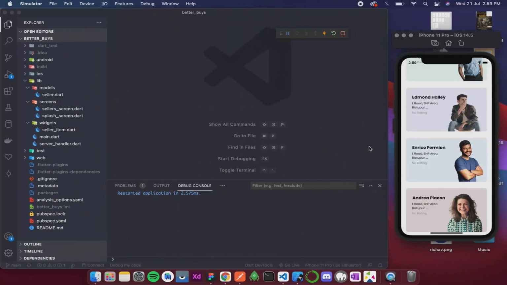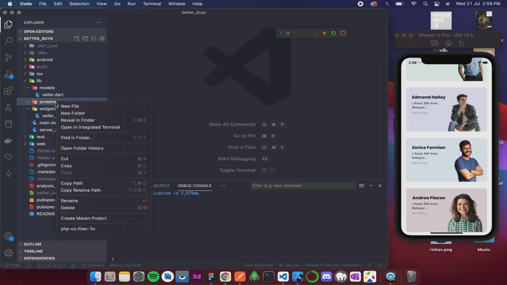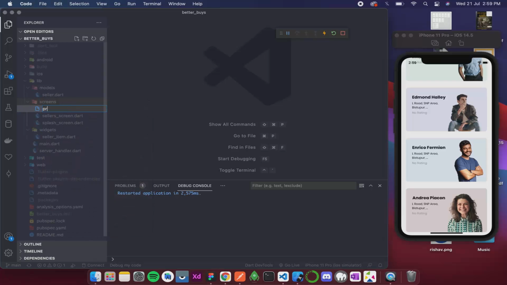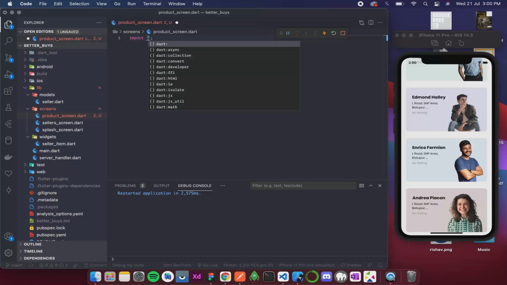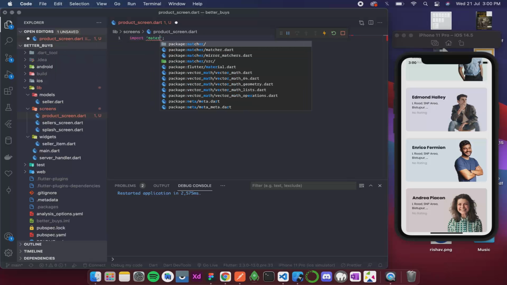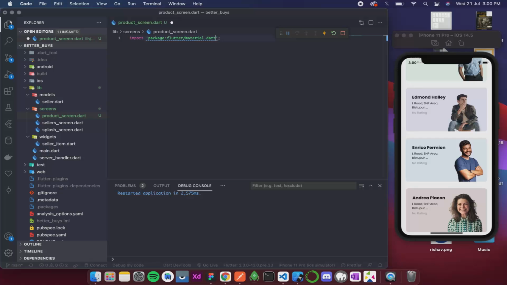For that, first I'll create a new screen. Inside screen, it is product screen dot dart. I'll first import material, then create a stateless class, that is ProductScreen.